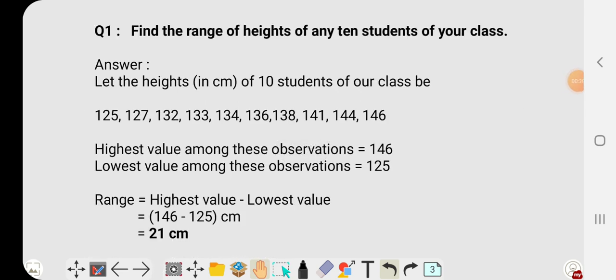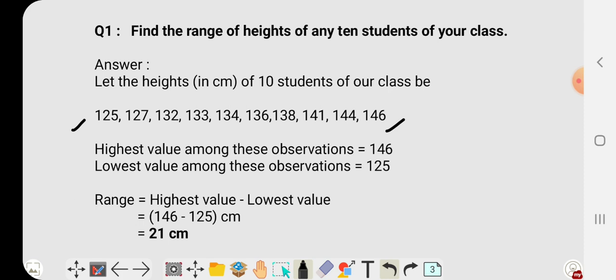It is well known that nowadays in these circumstances it is not easy or practical to measure the height of your classmates. So I have taken a few heights into consideration. These are heights which are almost equal to each other, and I have considered that this is the height of your classmates in centimeters.